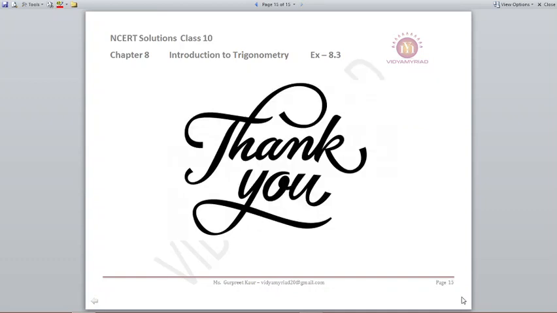That's all for this exercise, children. I hope you must have found it very easy. It was very simple. Just understand who is related with which ratio so that you don't get confused. You can choose any method. Either you can convert the first one or you can convert the second one. That is up to your choice. Whatever way you find easier, you can do it.